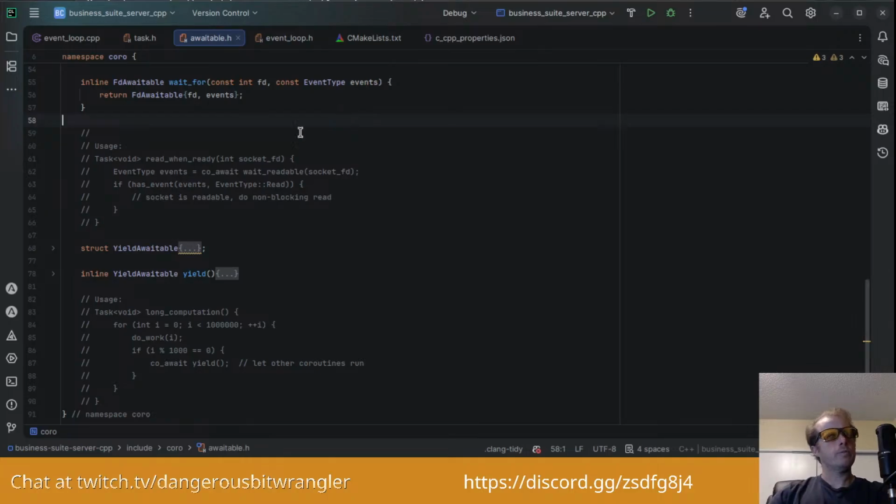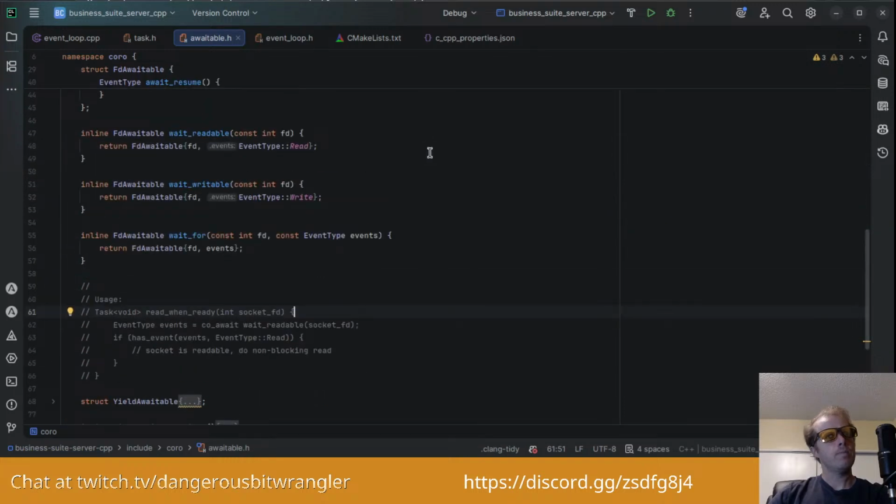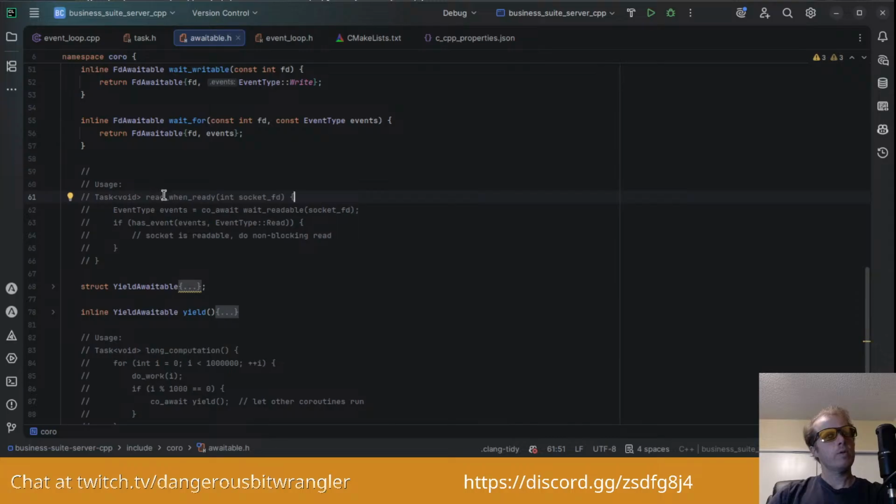Sample usage. We create a task of type void. Read when ready. Okay, some function called read when ready. We get a socket file descriptor, and that's from the OS. And then the, let's see, event type.